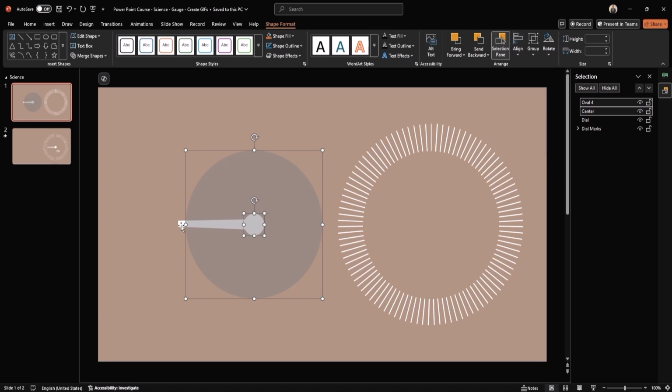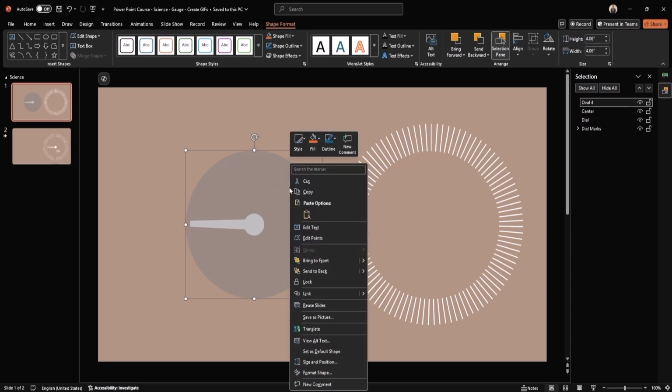Next, adjust the dial arrow so it fits perfectly within the oval and the center dot. Once everything is aligned, set the oval's transparency to 100% to make it invisible.